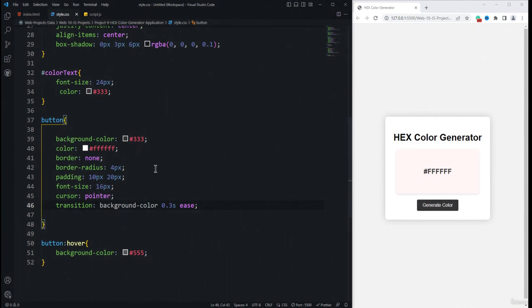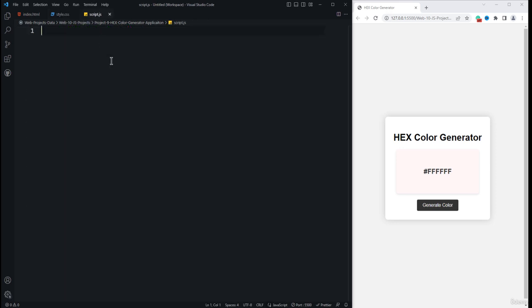So for the JavaScript part, we need to use the script.js file. Inside of the script.js file, first we need to get the reference to this particular button, which is this ID, and then we also need to get the reference to this particular text and also the color box. So we need to get the reference to three elements, which are the color box, color text, and this particular button. So at the top I'm going to write a const